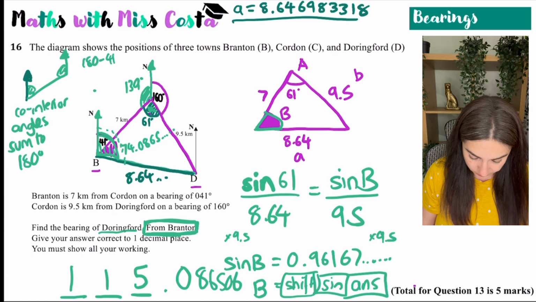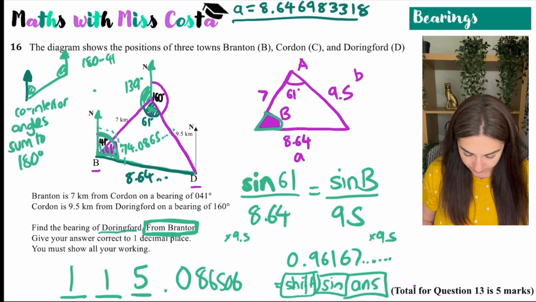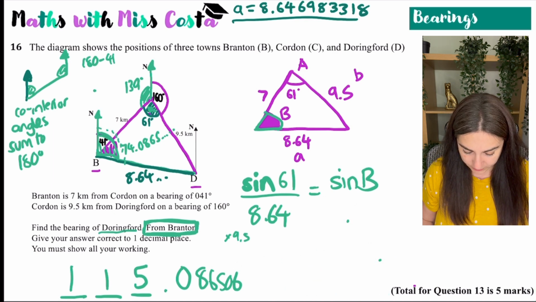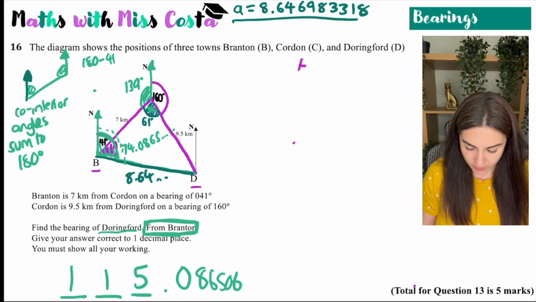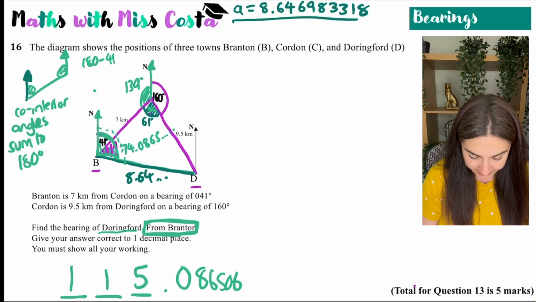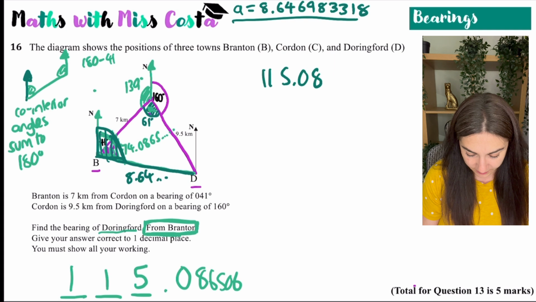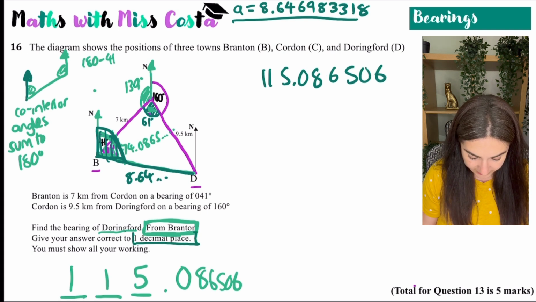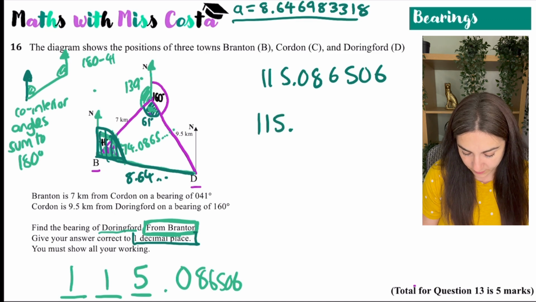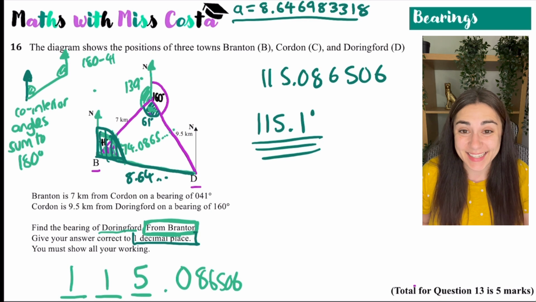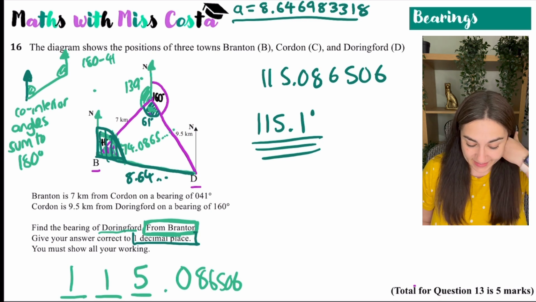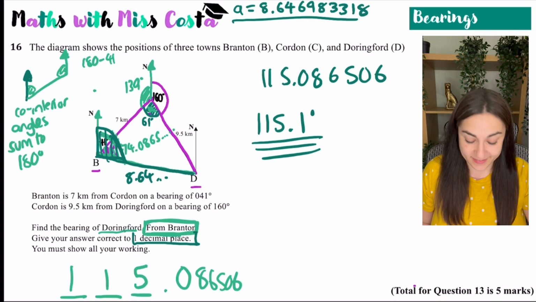0.086506, that's the angle. Now it's saying give your bearing to 1 decimal place, which I will do just now. So I know that this angle here is 115.086506, so therefore the bearing to 1 decimal place is going to be 115.1 degrees. And yes, a slightly tricky one, but basically if you have something that looks complicated and looks like